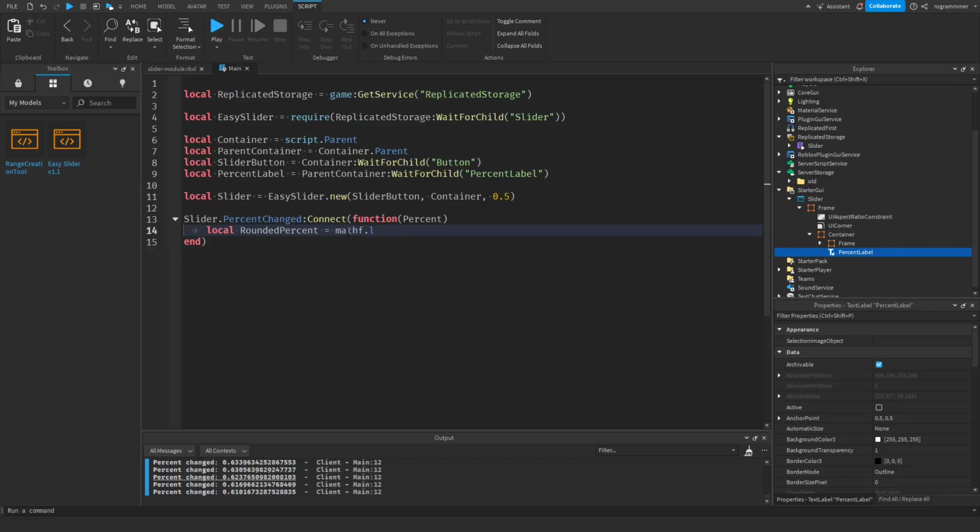So math.floor percent multiplied by 100, and this will turn it into 10%, 20%, 50%. Now we can put this, or change the label's text to reflect this. So percent label dot text equals string dot format, which will format this to be